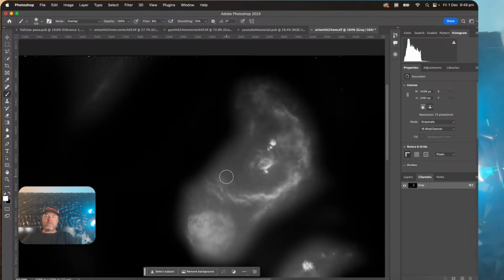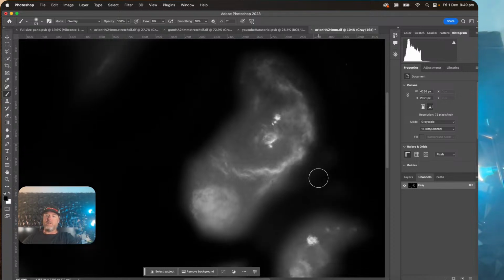So with that white done, I'm going to switch back over to a black brush and just go in now and try and fine-tune the edge of this to get all the edge of it. And just remembering that we're on the overlay mode, so we're only darkening down those 50% grey areas. So that's why we're going to switch back and forth between white and black brush to try and only leave behind